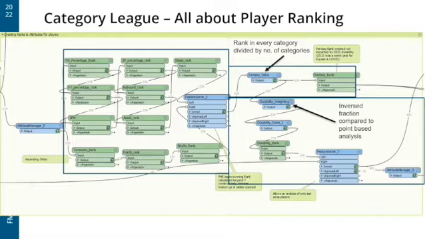And this is where it had to be different from points, because I had to inverse the fractions. So it was 72 games, which is the total season, over how many they played, because with the fantasy rank up here, you want a lower value because you want to be ranked higher. That's why I had to inverse the fractions, which is very easily done in FME.